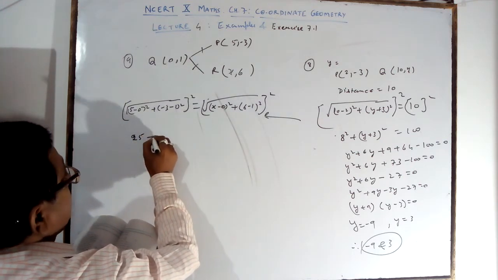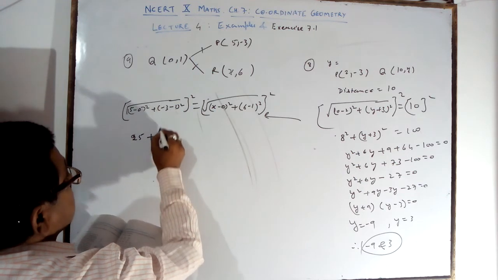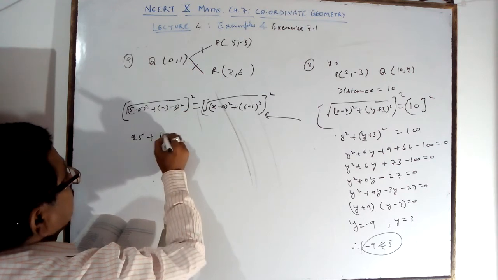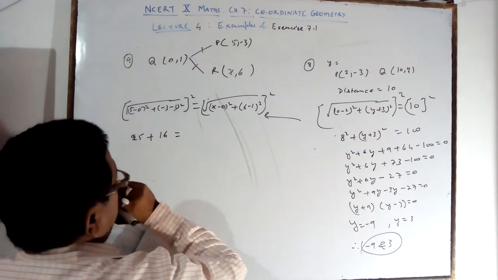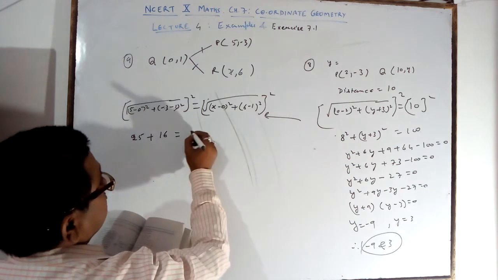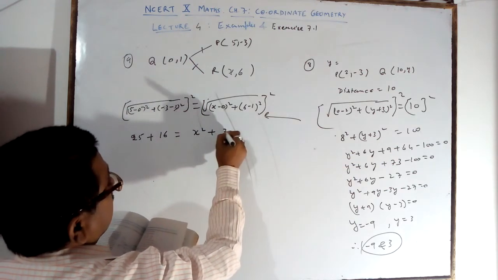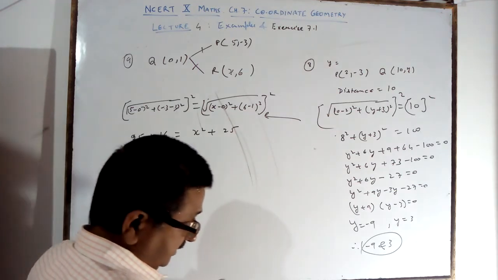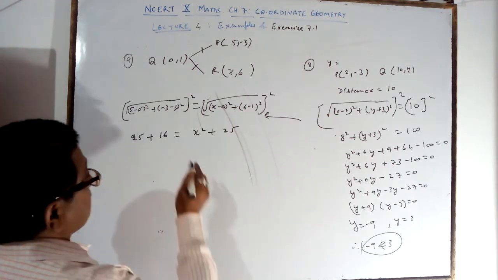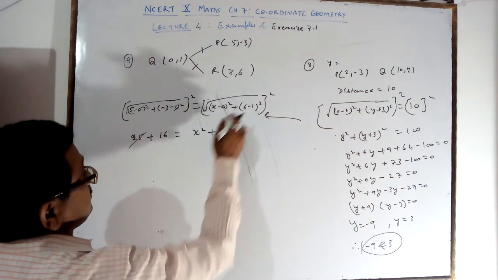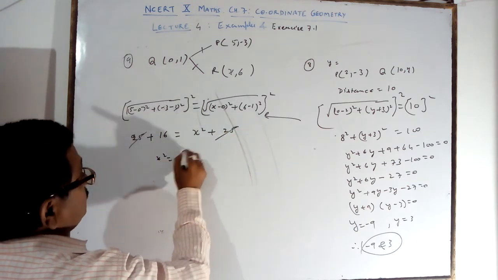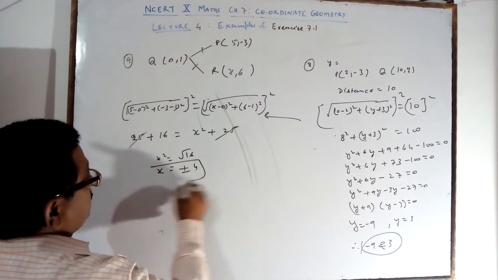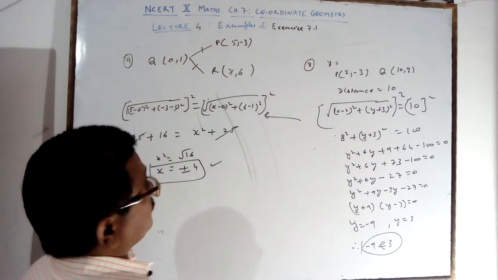25 plus (minus 3 minus 1) is minus 4, 4 squared is 16, is equal to x square plus 25. X square plus 25 you will get here. So here what is the answer? 25 will be cancelled because 6 minus 1 is 5. X square is root 16, which gives you plus minus 4. So what is the value you are getting? X is plus minus 4.